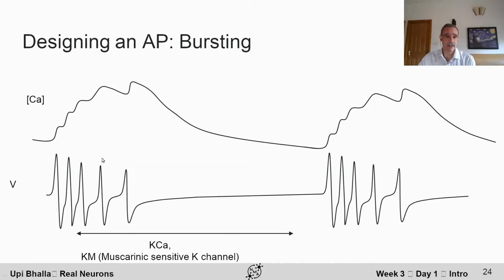Let's suppose you have a series of action potentials, and as each one comes in, there's a burst of calcium that comes in because the calcium channel opens at the peak of the action potential. Calcium builds up. As calcium builds up, we slowly open the calcium-dependent potassium channel, and this just clamps the cell down. It prevents it from firing anymore, and so what was a vigorous burst suddenly peters out, and then you have to wait for a while for the calcium to decay down to resting levels, and then the cycle can